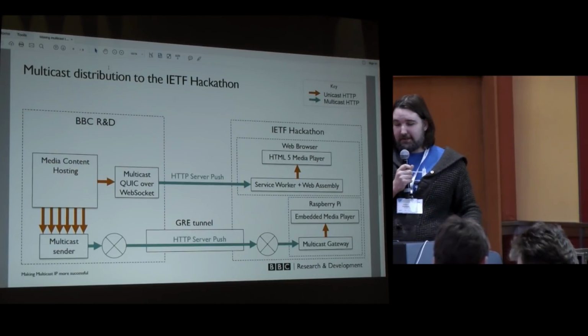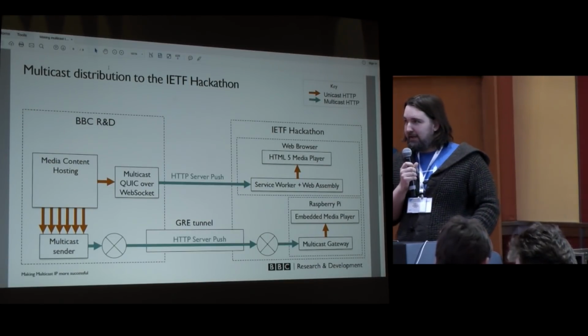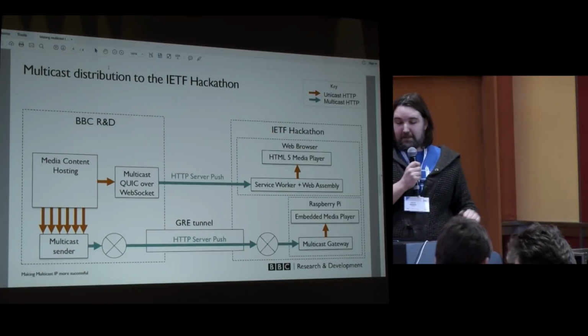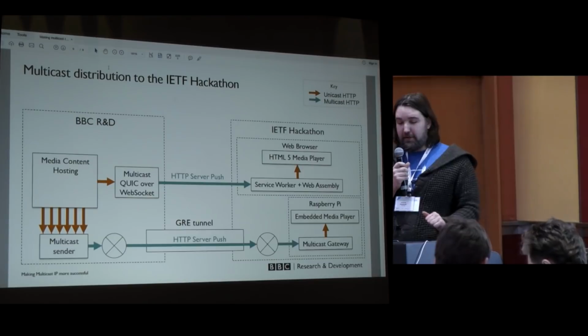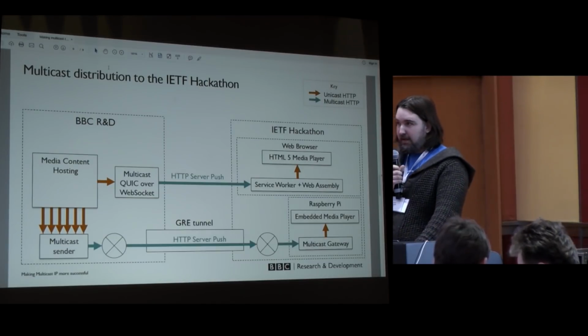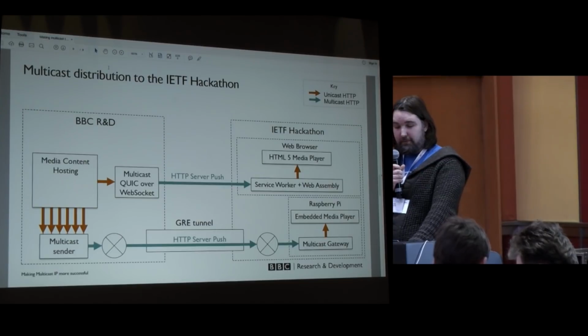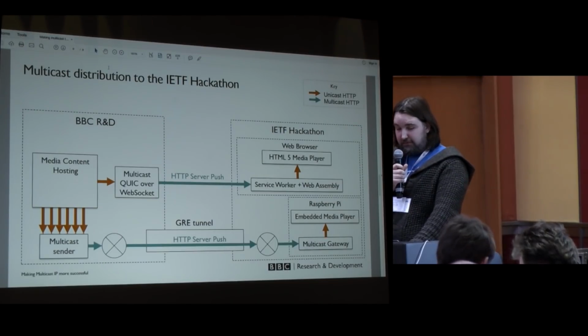I've got an architecture diagram. I won't go into this in too much detail, but you know, multicast delivery is hard. So to get multicast from our home base about 15 minutes away from here, we had to go over a GRE tunnel and have support from the IETF network team. That was great. We got that delivered to our table, and we had various kinds of clients consuming that stream